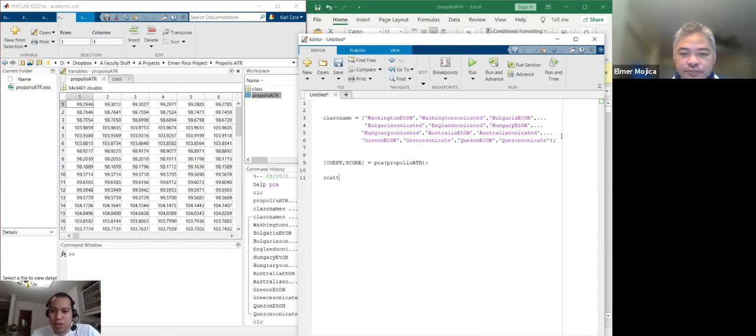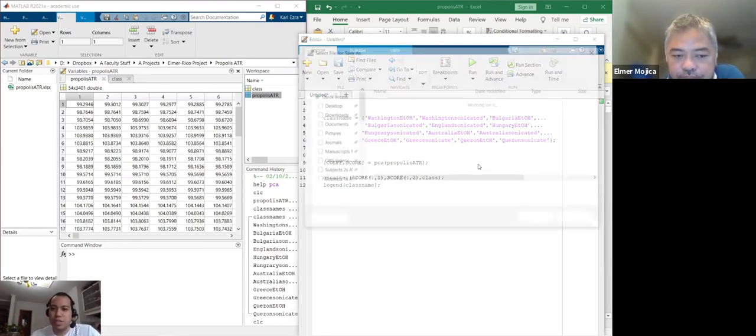So all we need to do is to create a plot or a scatter plot. In this case, let's try gscatter and then score of the first column and score of the second column. Dito po papasok yung classes or yung class. Kasi i-read niya yan as, gagawin niyang same color lahat ng same number sa class. And then, lagyan na po natin ng legend na for each of the class ay class name yung legend. Okay? So, let's save this as